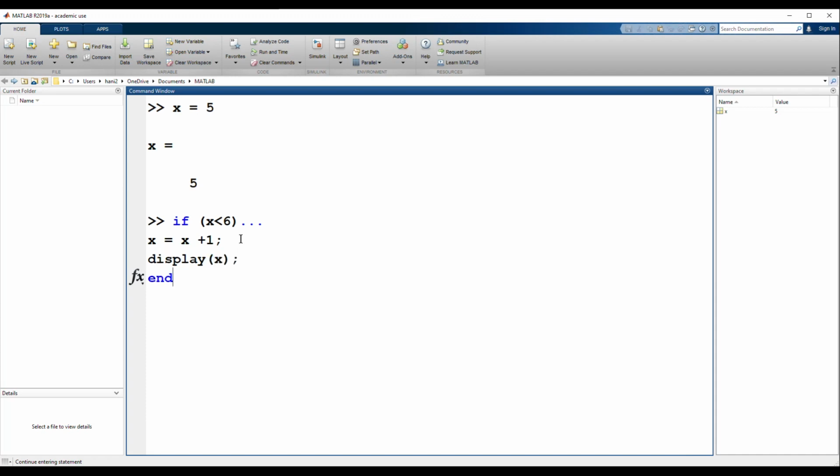And then we end. So what we have here, we have the if keyword, the end keyword, and we have a condition inside the parentheses, and then we have 2 statements. We can have more than 2 statements. We can have 300, 400 statements. That's fine. This condition is a logical expression that has the relational operator less than, and this expression is a